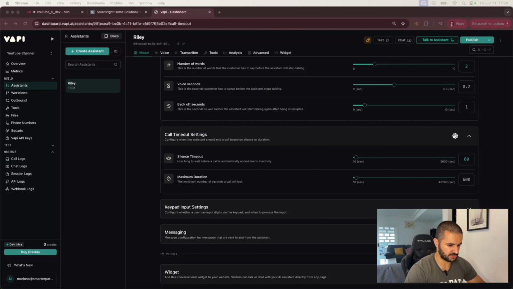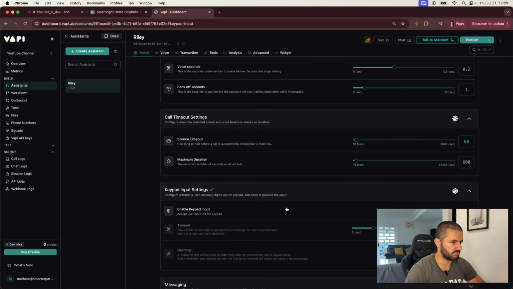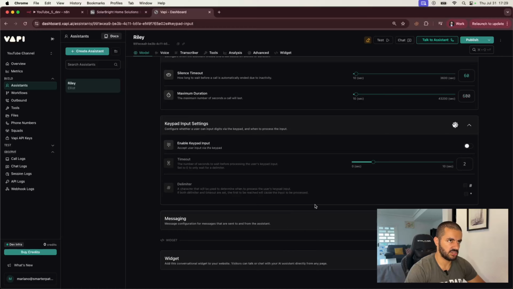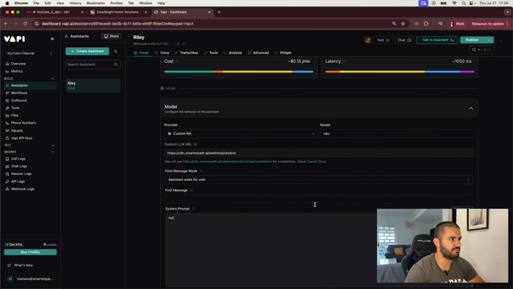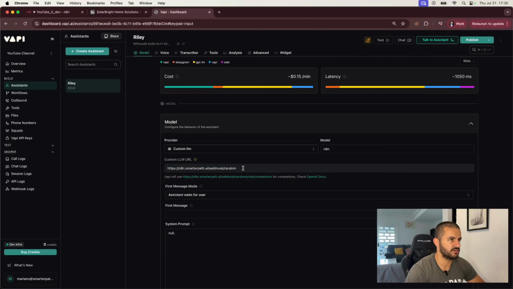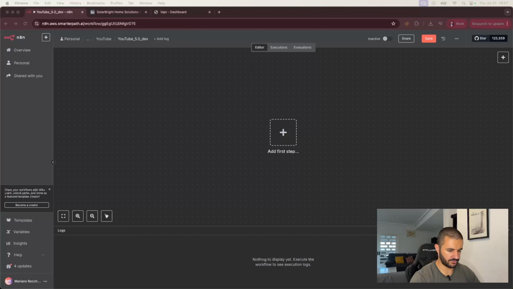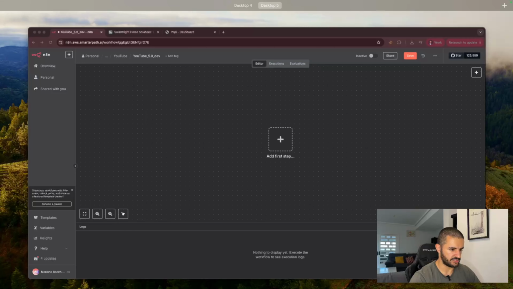What else here? So, keypad input settings. Yeah, this is fine. So yeah, this is basically it for VAPI. And now we can go to n8n to set it up and get the link that we can put here properly now. Okay, so now that we're on n8n,